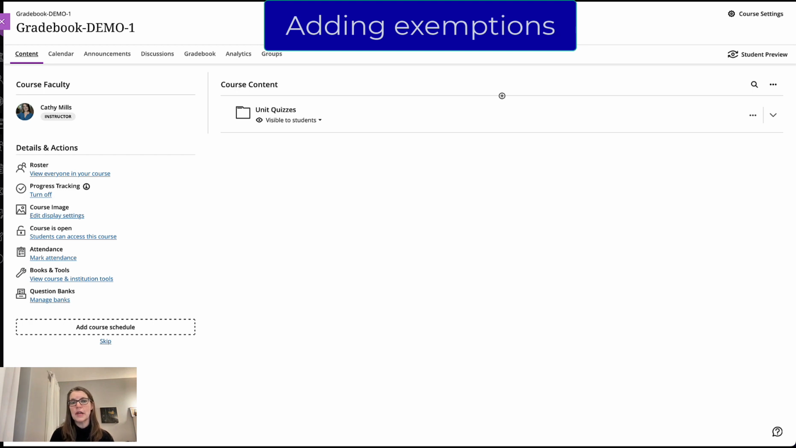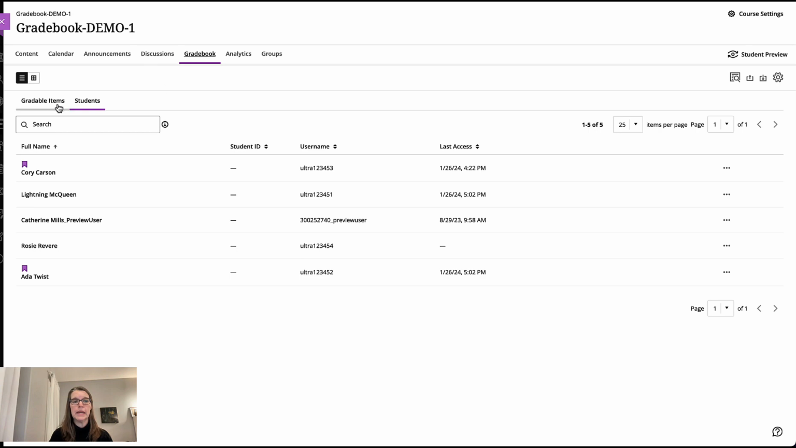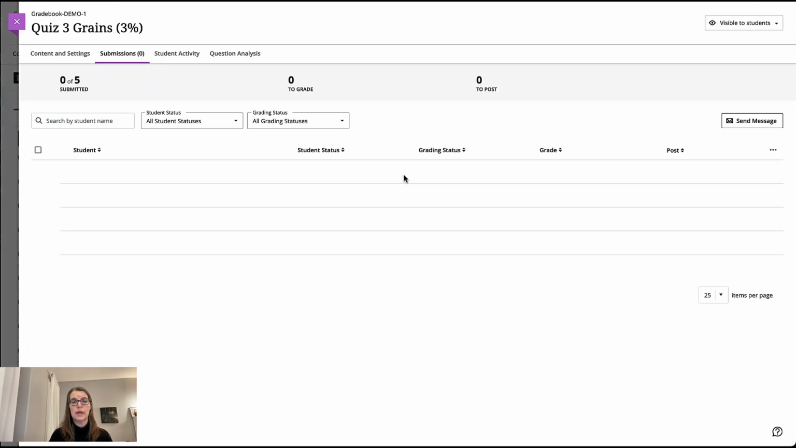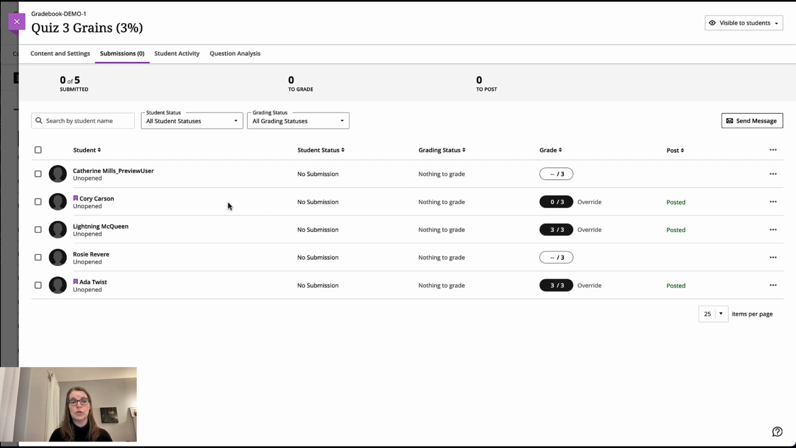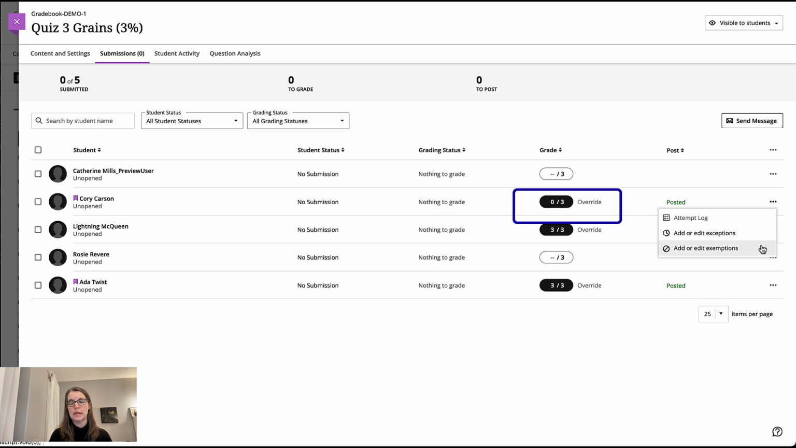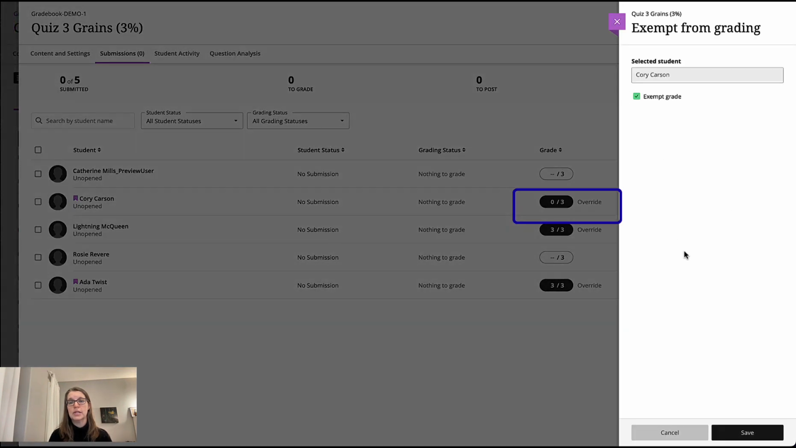So the final scenario that I'm going to show is how to give an exemption to somebody. So maybe you have multiple quizzes, and in one case you have a reason that one student couldn't complete one of the quizzes, and instead of giving them a makeup, you just decide you're going to exempt that grade completely. So you're going to look at the gradable items, find the quiz that you want to create the exemption for. I'll take Corey Carson, go to the end of the row, and instead of giving him that 0 that you can see is in there as I graded it, I'm going to add an exemption and just exempt that grade